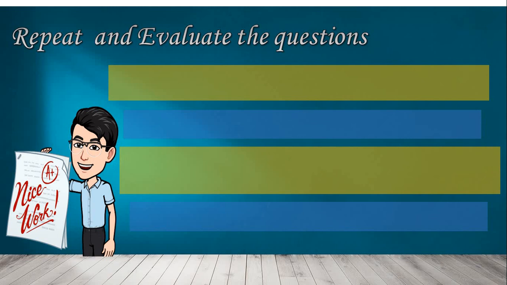Repeat and evaluate questions. So how can we evaluate questions? First example. As you can see, this is a wrong question. Do you like cell phones? It is very broad or general because everybody uses cell phones. Everybody has cell phones. So instead of using this question,